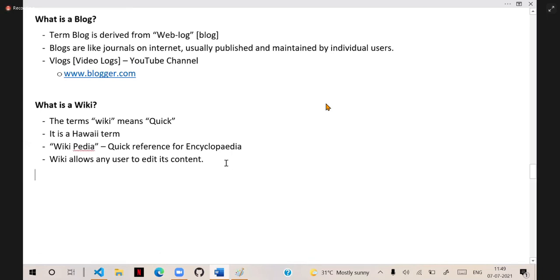So examples for this wiki: you have Wikipedia, you have IMDb. Do you know Google Maps also is a wiki? In Google Maps, I hope many people know that you can write reviews, you can pin the locations, you can name the unnamed locations, you can upload photos for that location if it is not available. Am I right? I hope you have seen that. So technically that is a wiki.